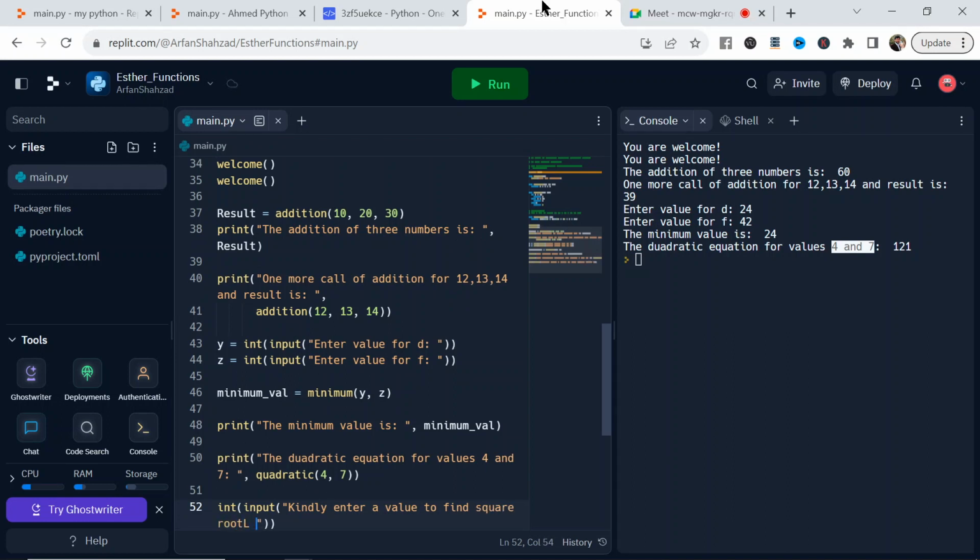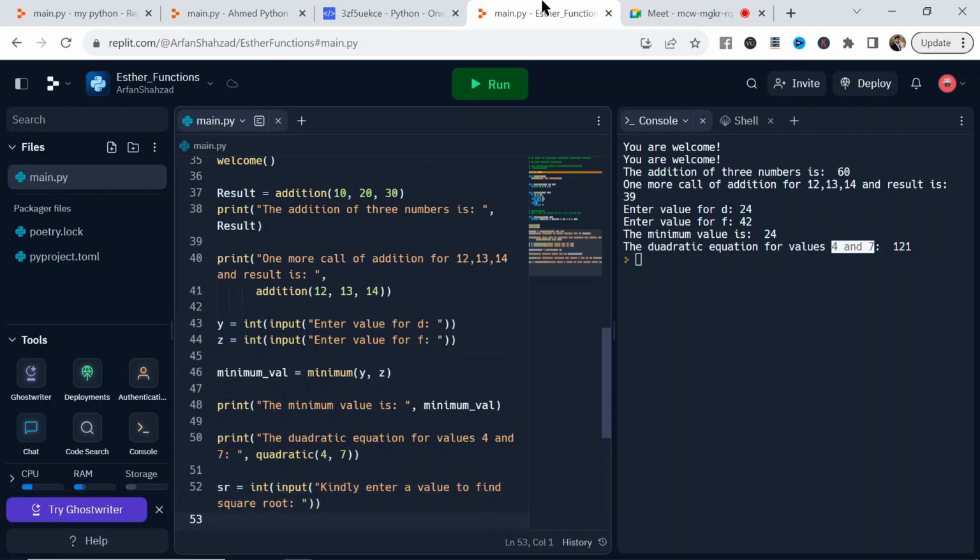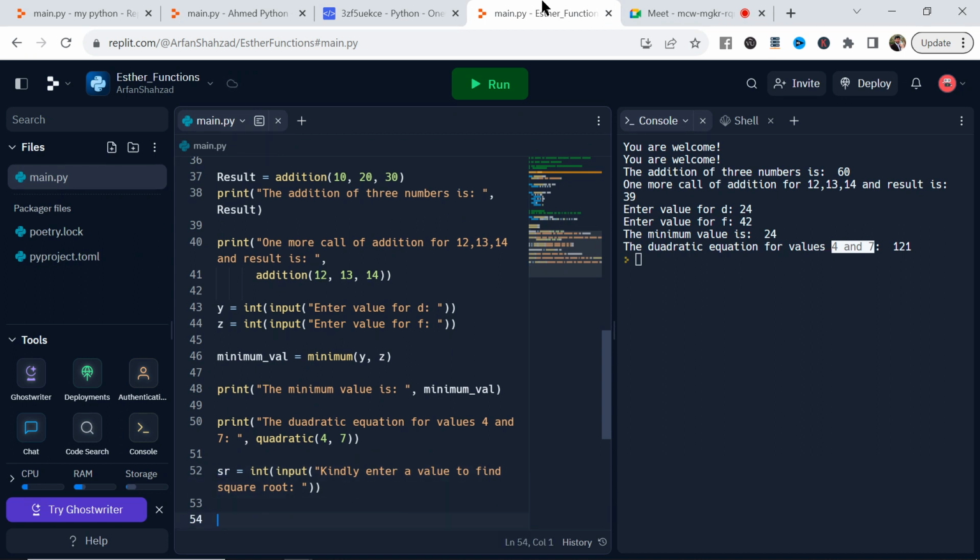So the user will enter some value, and I can save this value in some variable, and I am saying sr for square root. So in the sr variable there is a value available, and now I am going to write sr underscore result